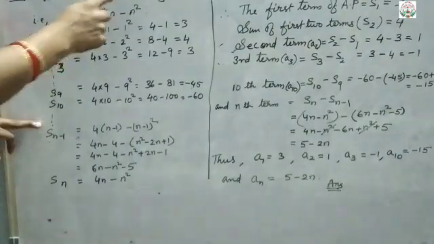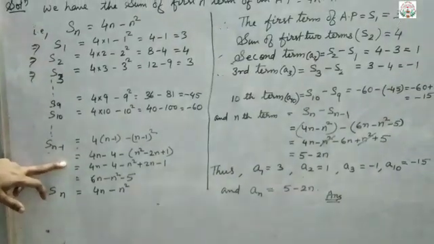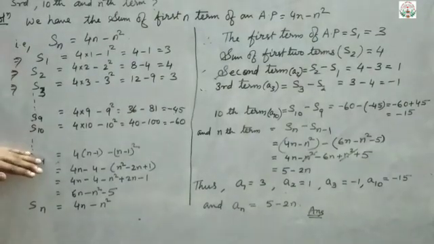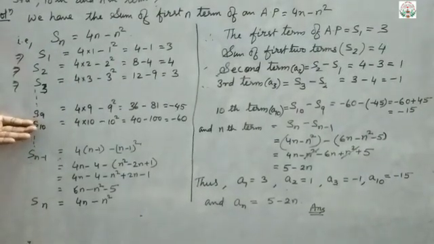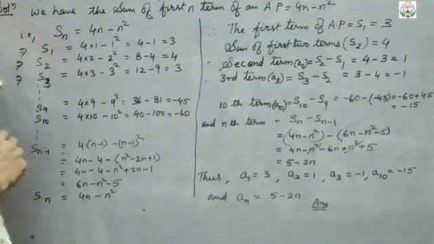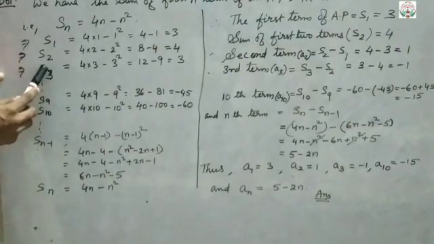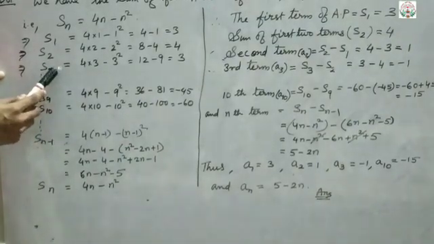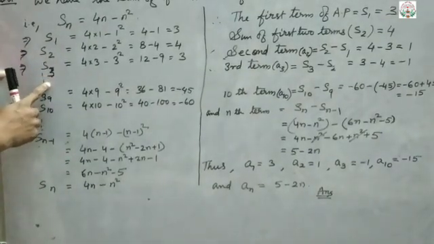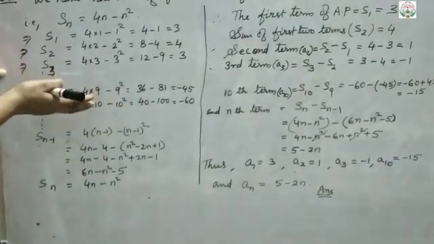After that, again the nth term also we need. So for that we have to find Sn minus 1 also. Because whichever term we need, we have to find the sum up to that term minus the previous one. Clear? For example, I want to find the third term. Here it is given that the third term you have to find. So in that case, S3 minus S2 if I do, I will get the third term. Means the sum of three terms, if I subtract the sum of two terms, I will get the third term. Clear? Understood?